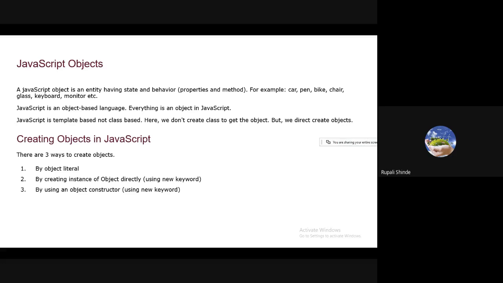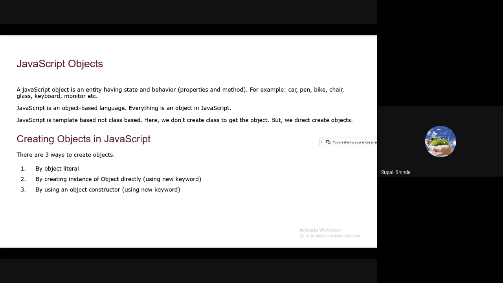Then we have seen return value, how it is going to return the value. Every function can return a value, and whatever value that function returns, it is going to be stored into a variable, or we can directly display it on the screen, no issue. Then we have seen the concept of the local variable: if we declare any variable within a function, that variable is the local variable for that function. After the function, that particular variable is unknown for other objects.